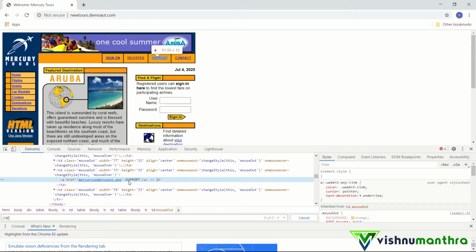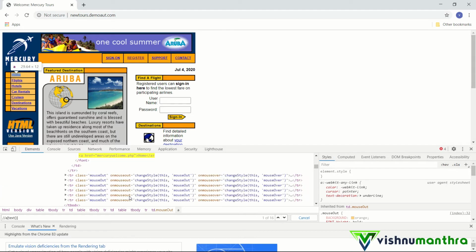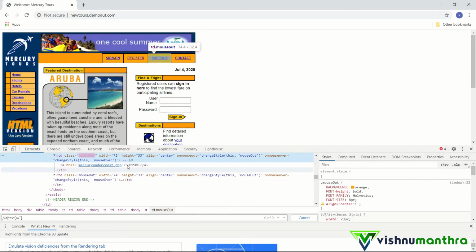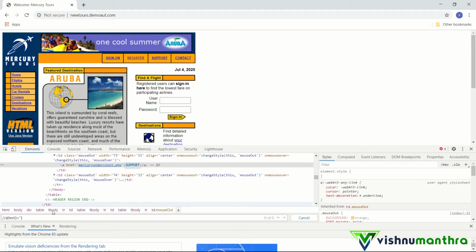So last time we used link text, right? Likewise in XPath also we can construct using the link text. So what we have to do is put our text attribute followed by bracket and then equals, then in single quotes you have to give the value. Be careful to give it exactly as it is inside the DOM structure, because this is case sensitive. And you can see that it got highlighted, so it is identifying, you can see 1 of 1. So it's uniquely identifying this particular path.